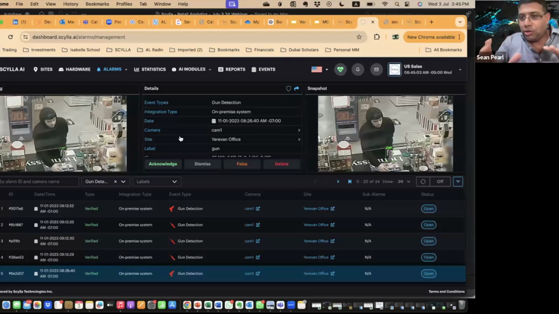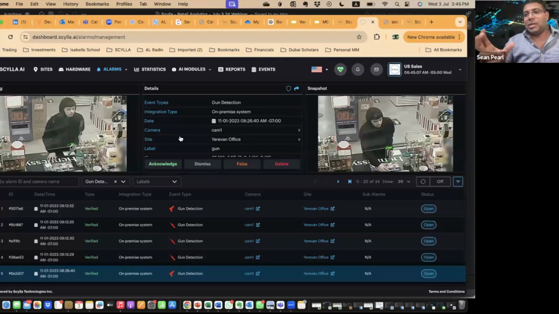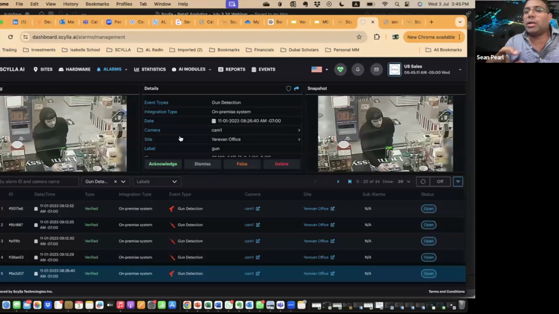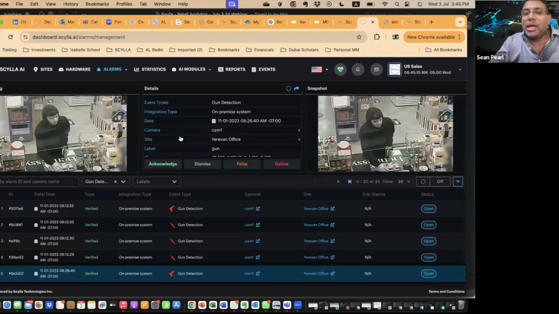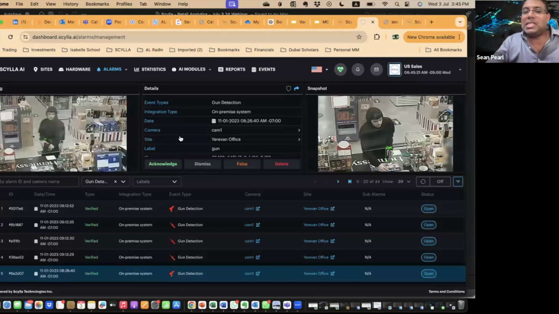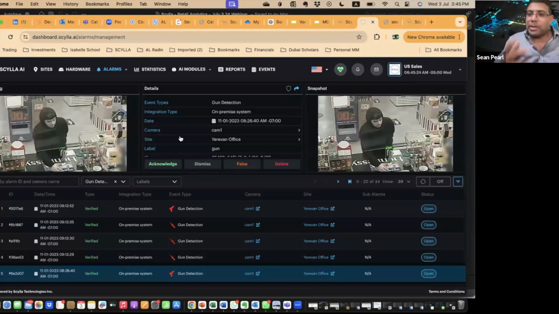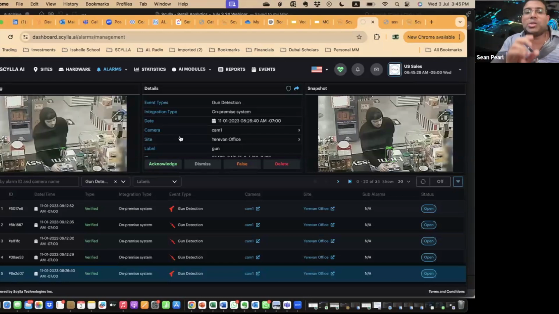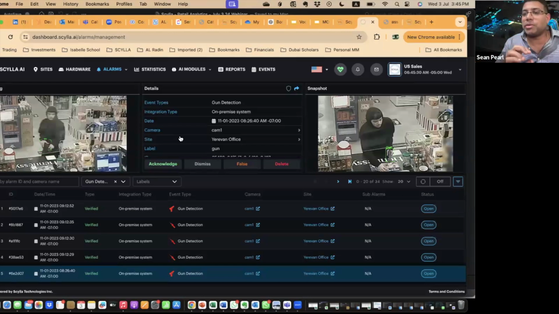Now, in a lot of solutions, when you have a black object against a background like this, it makes it quite difficult for that engine to pick up on this sort of a threat, right? But for us, you can see how easily we are able to detect this in spite of the background, in spite of the quick frame rates. We're still able to pick up on this very specifically.